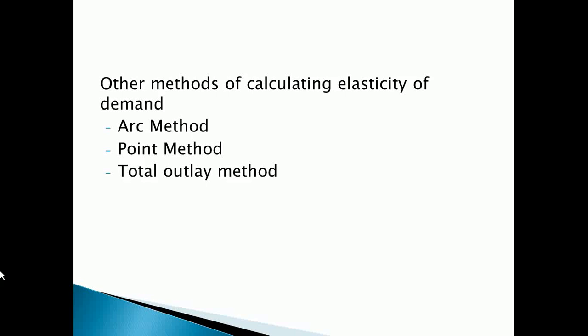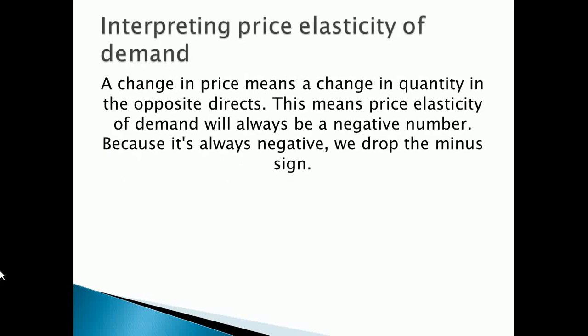Income elasticity of demand measures the degree of responsiveness of change in quantity demanded to change in income. Using the percentage method, it can be expressed as (Q2 minus Q1) over Q1, everything over (Y2 minus Y1) over Y1, where Y2 is the new income and Y1 is the old income, and Q2 is the new quantity and Q1 is the old quantity. So when you are given figures, and from the note you have also been given, you can use that simple method to estimate income elasticity of demand.